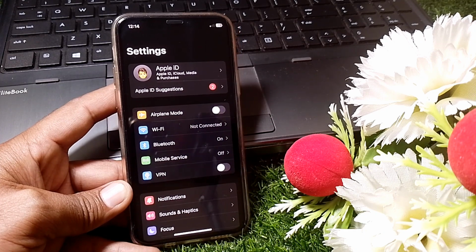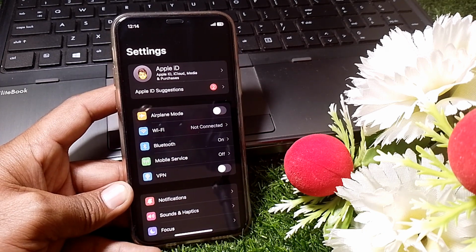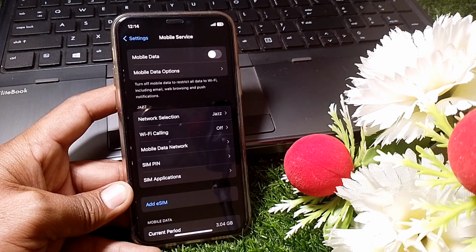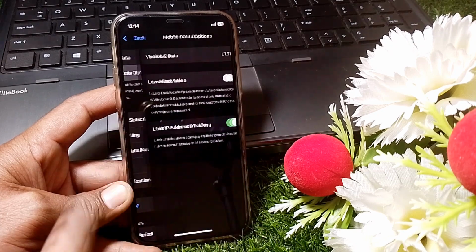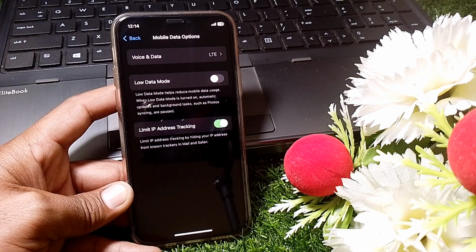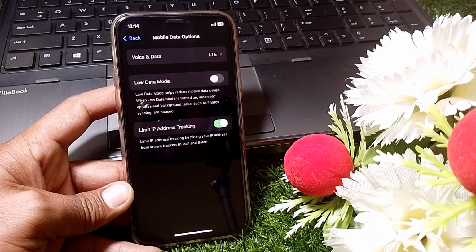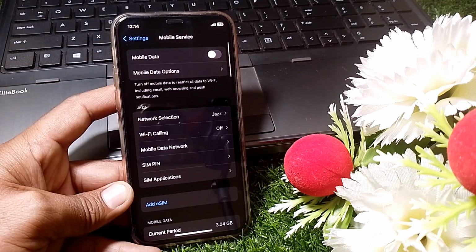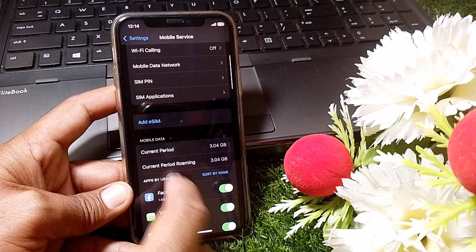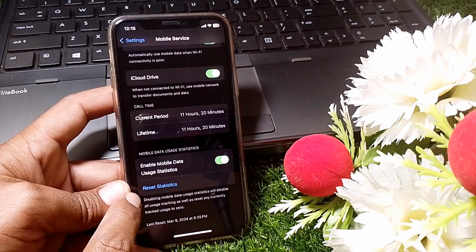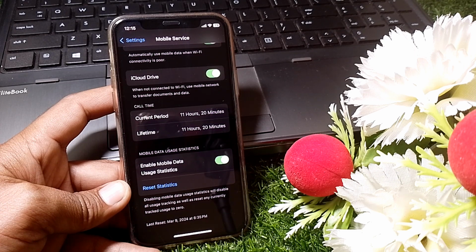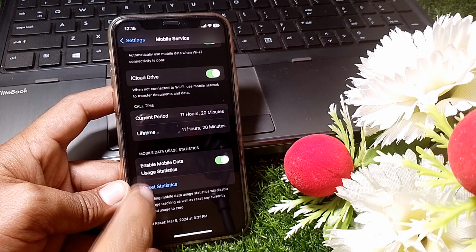off. And after that guys, what you have to do is just simply tap on mobile service, and from here tap on mobile data options. And from here just make sure that low data mode is turned off. Now after that scroll it down. Now from here you can easily find the reset statistics option, so reset the statistics, and after that